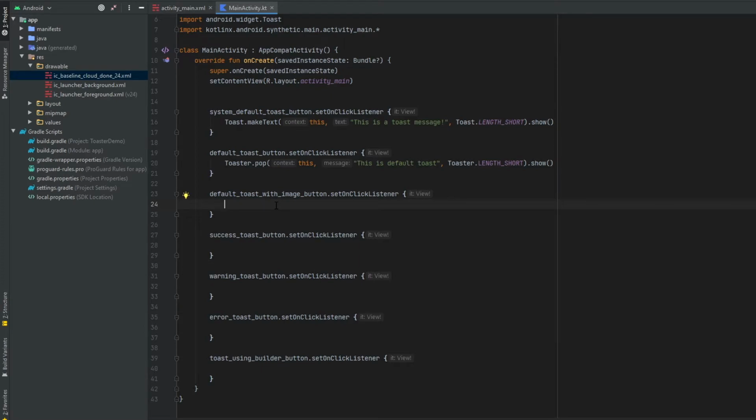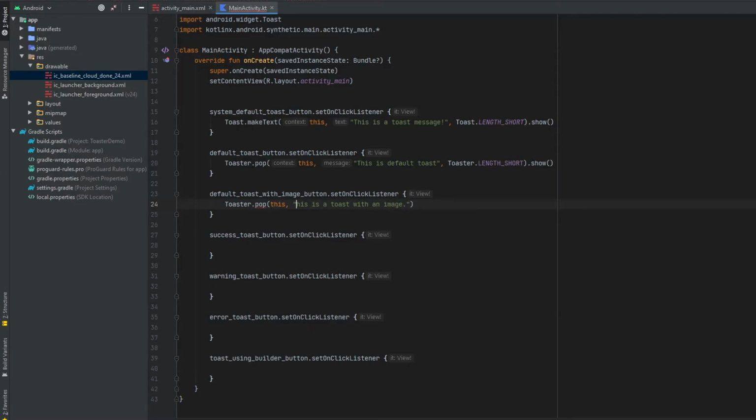So to create a toast message with an icon, it's a similar process: toaster dot pop, and then you have to add an additional parameter, that is, pass the icon. For the message, I will write, this is a toast with an image.